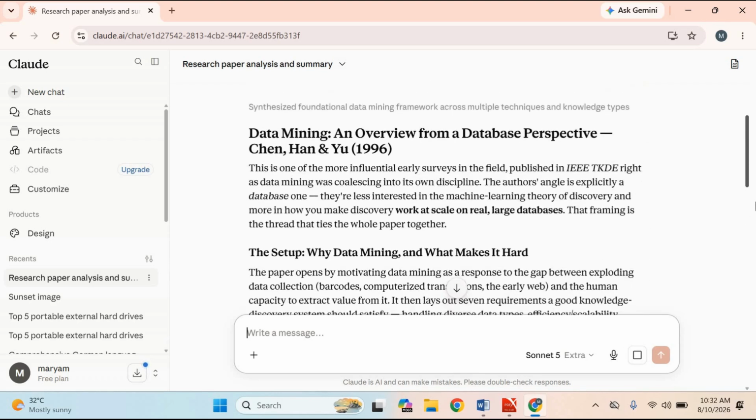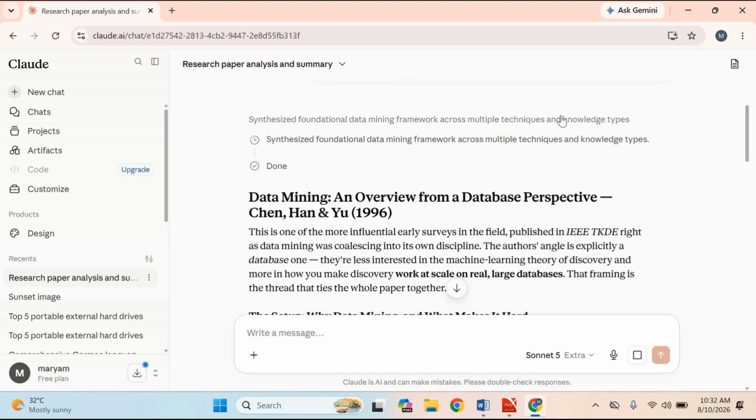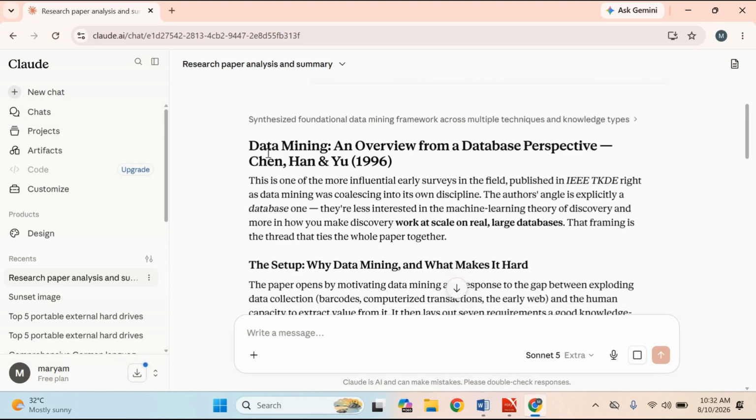What I particularly like is that Claude has organized the summary using a narrative structure. Instead of simply listing the findings, it explains what the researchers were investigating, why they conducted the study, what they did, and what they discovered. This approach can make complicated scientific papers much easier to understand, especially when you're dealing with unfamiliar concepts or technical